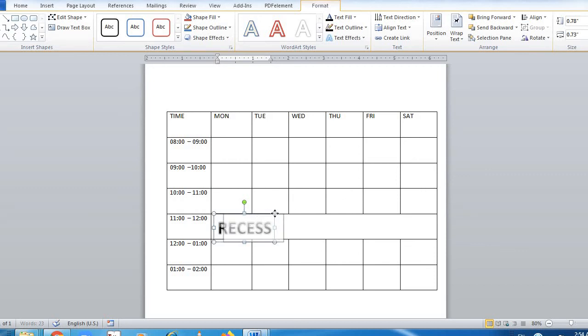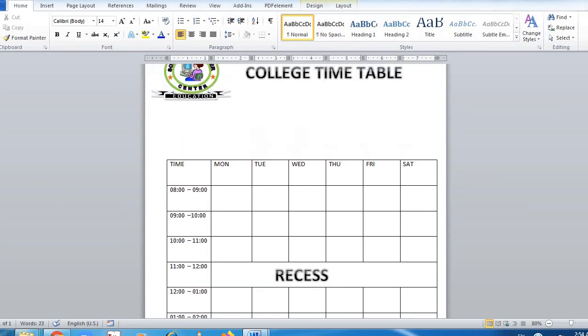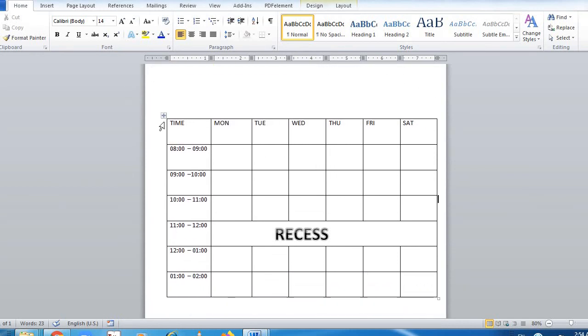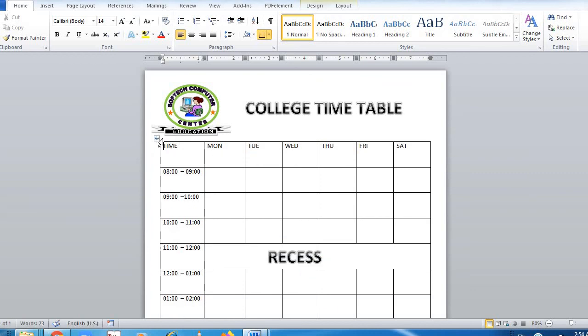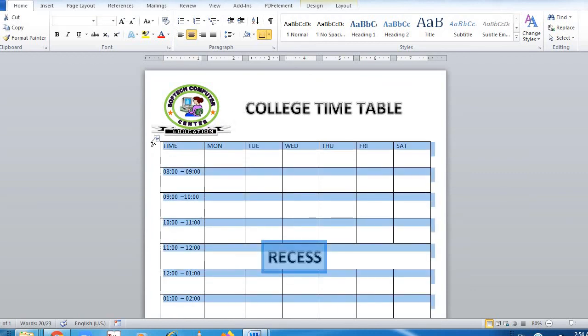Put the recess in the center and drag this up, more up. Yeah, press Ctrl E, it should be in the center.